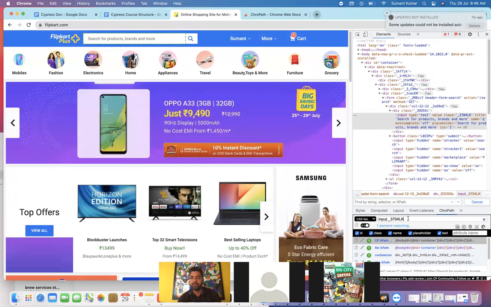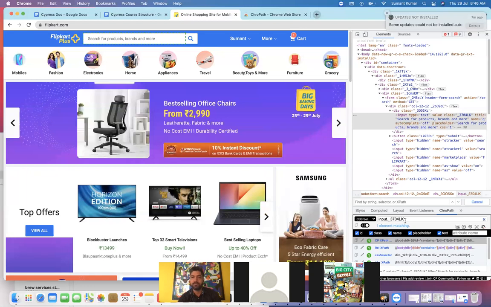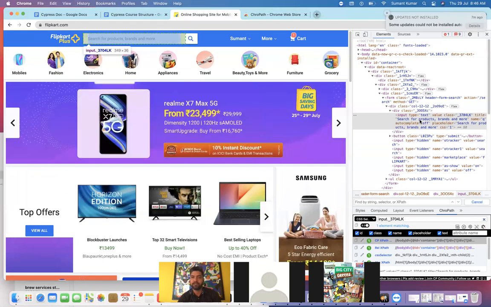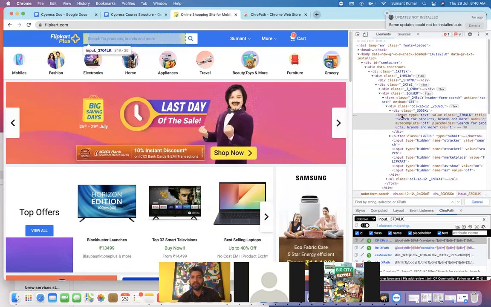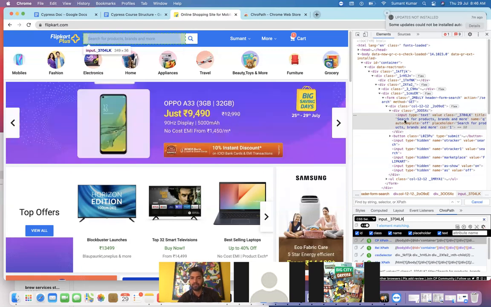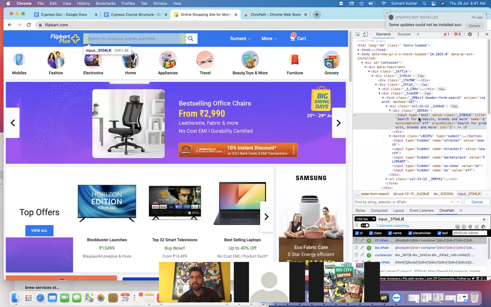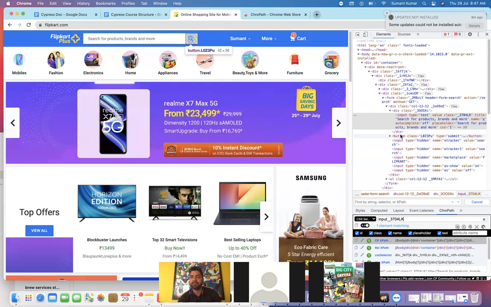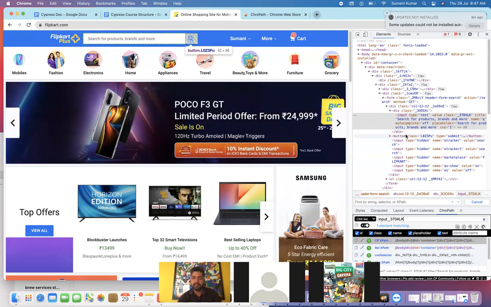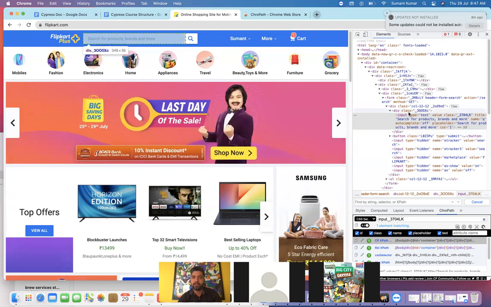At that time, if we use only dot class name, it will highlight both elements, correct? But if you want to be specific, and the tag name is different for both elements, then you can use tag name dot class name. If I'm using input, it will go to this one. Let's say we have another element with the same class name but a different tag name, say button. In that way, we can differentiate between the elements. So it totally depends on our requirement.